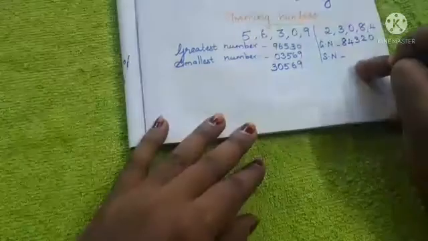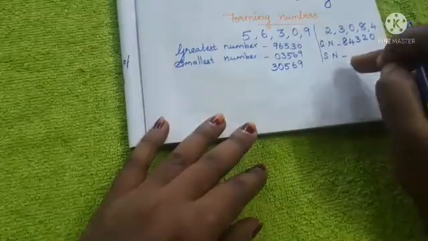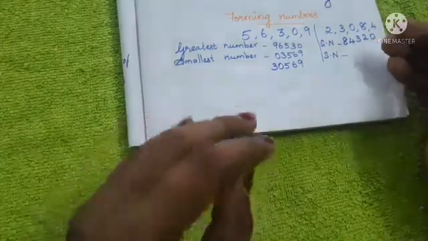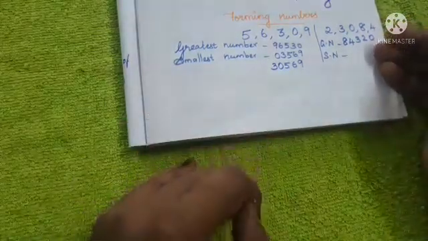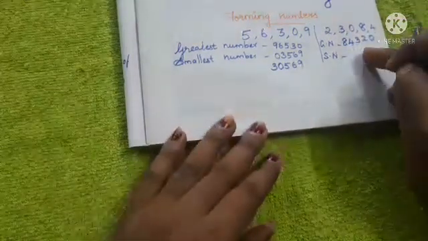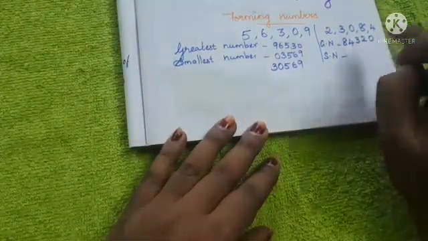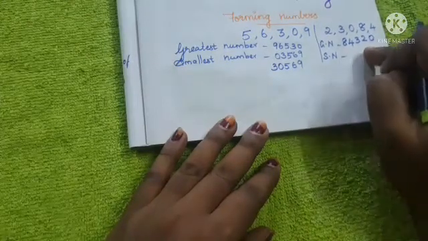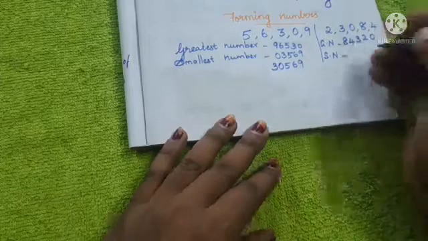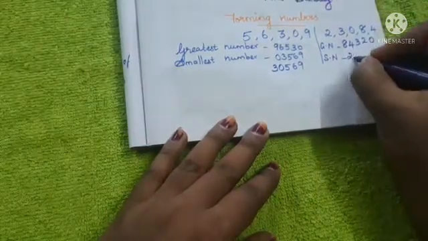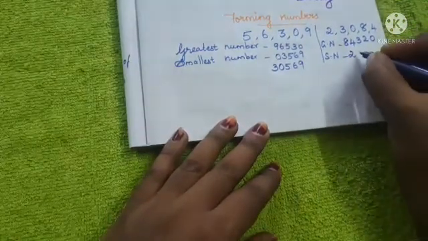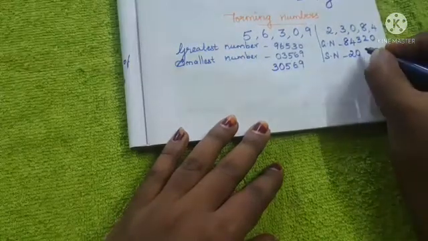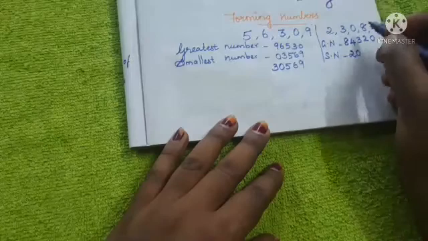So what is the rule? We have to place the second ascending order number, that means the second smaller number, first. We know that 0 is the smallest one, but don't write 0 there because 0 has no value, so we have to write the second smaller number, that means 2. Then only we have to place the 0, in the second place. Then next arrange it in ascending order.